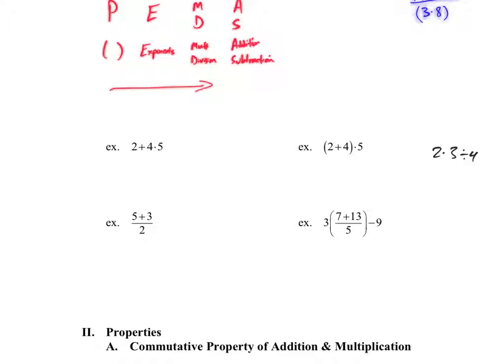If we didn't have this set of rules, 2 people could do this same problem right here and come up with 2 different answers. So we have to have a certain order to combine numbers in so that as you write something, there's only one correct answer. All right, so I'm going to